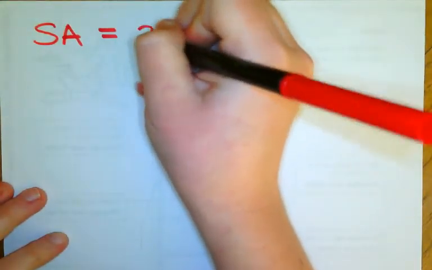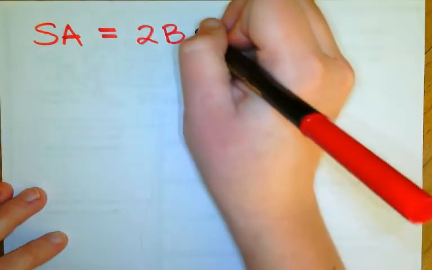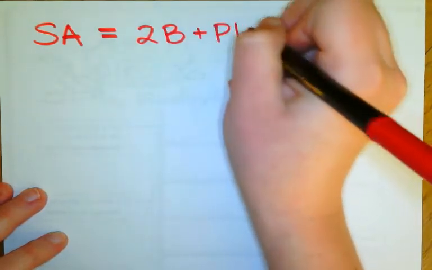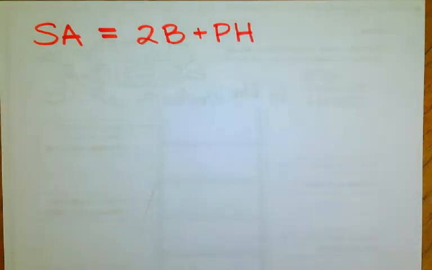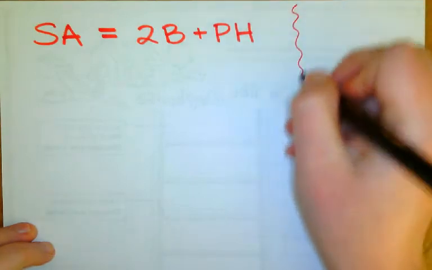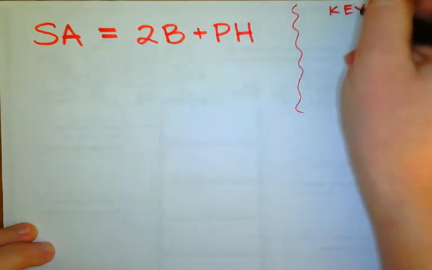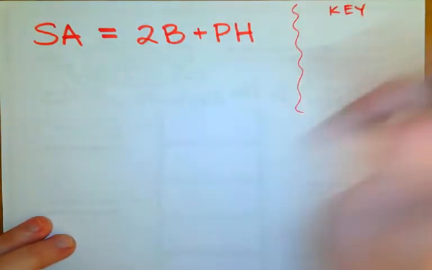We're going to have 2 times capital B plus capital P times capital H. Alright? And I'm going to give us a little key here so that we know what these letters stand for. Alright? This B